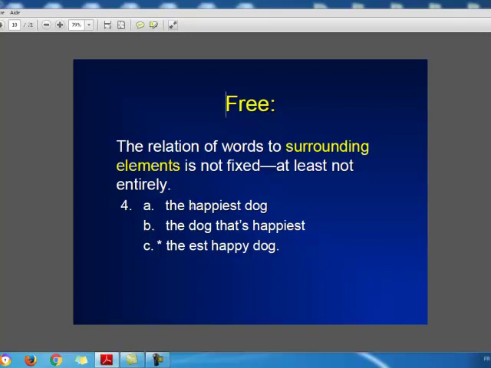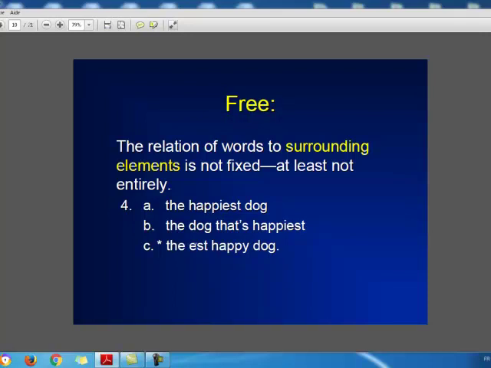Let me just deal with the examples to show what is being said in here. The happiest dog. The dog that's happiest. Look, normally we can talk about here the adjective and its noun. It's possible to change their order by inserting "that's". Look, the dog that's happiest. It's possible. But if we take, let's call it a unit, from happiest, which is "est" here, can we move it to the front position